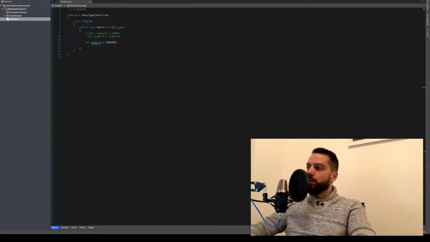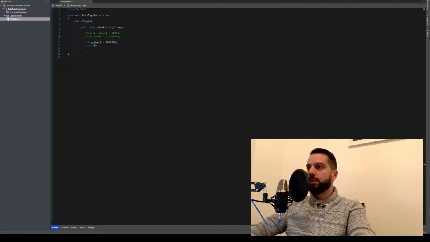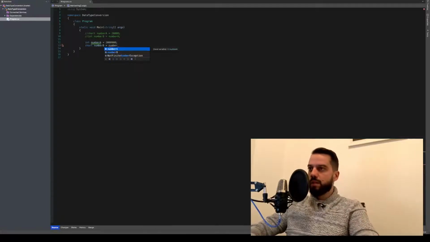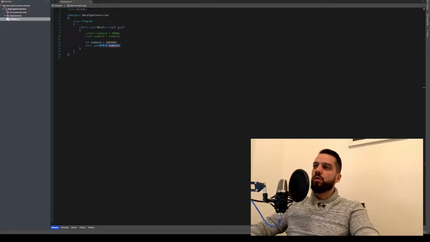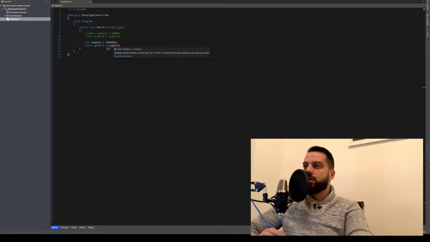And now if we want to convert to short, for example, number B equals, if we write it just like this, implicitly, Visual Studio will show an error right away. If you hover with your mouse over it, it will tell you: cannot implicitly convert type integer to short,